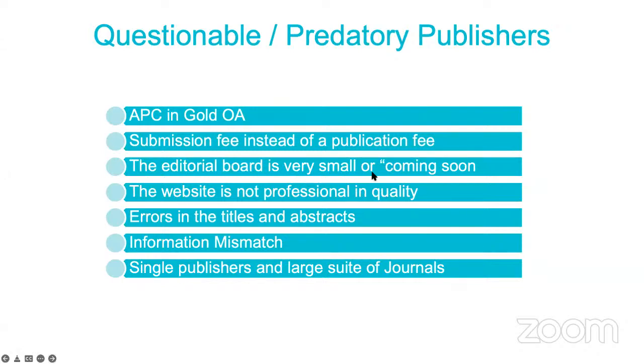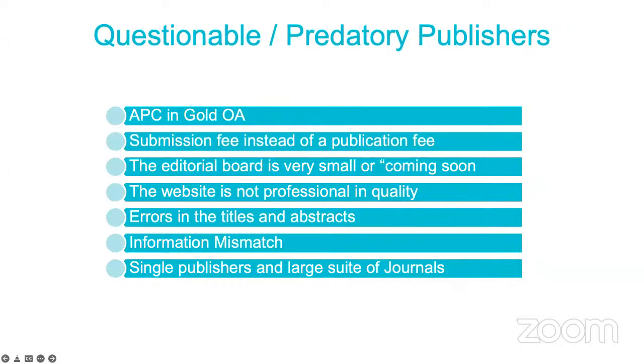The editorial board is very small or says coming soon. Only 2-3 people will be there in the editorial board, and sometimes I have observed that one editor is the editor of 4, 5, or 7 journals. How is it possible that one person is the editor of 4-5 journals? Something is very fishy. You can report it to UGC CARE also. Or it will be written coming soon, or some international person's name is written with a different affiliation, like one person from Cambridge University whose affiliation is written as Oxford University, something like that.